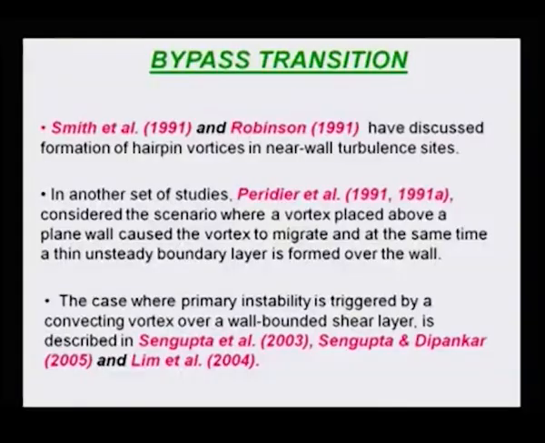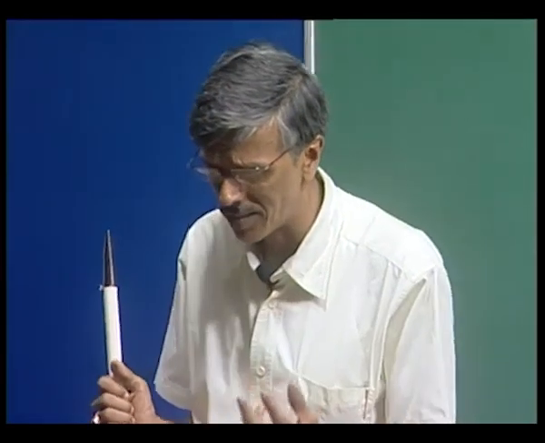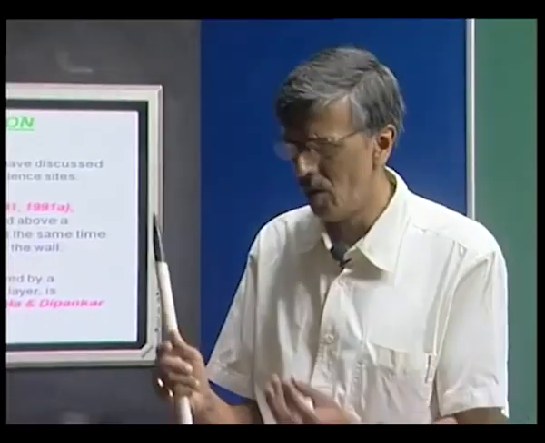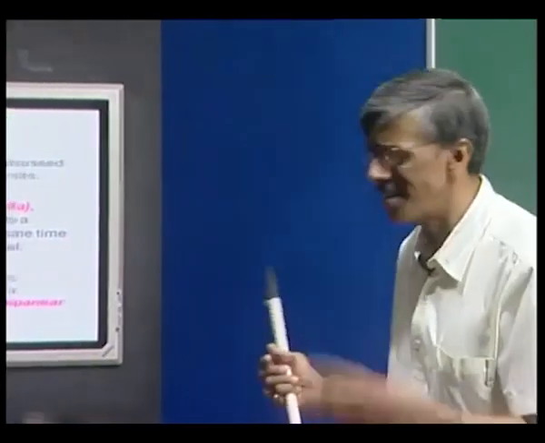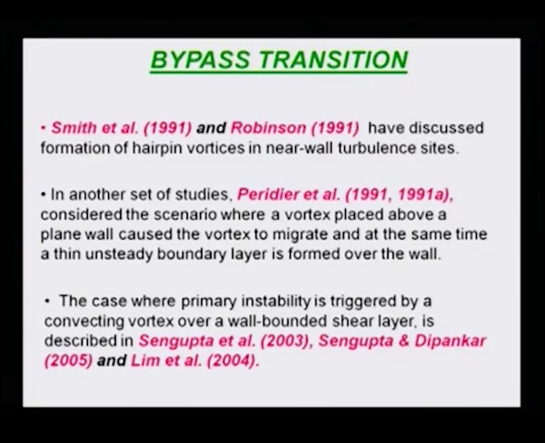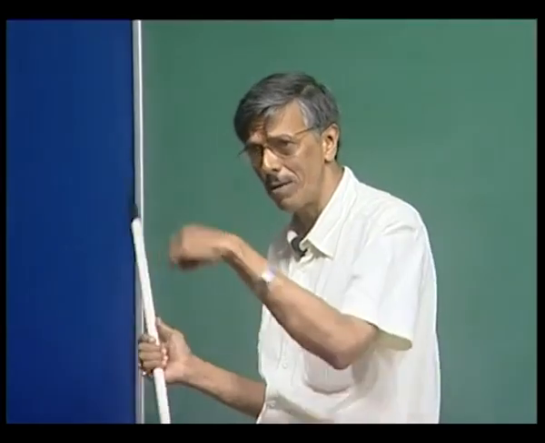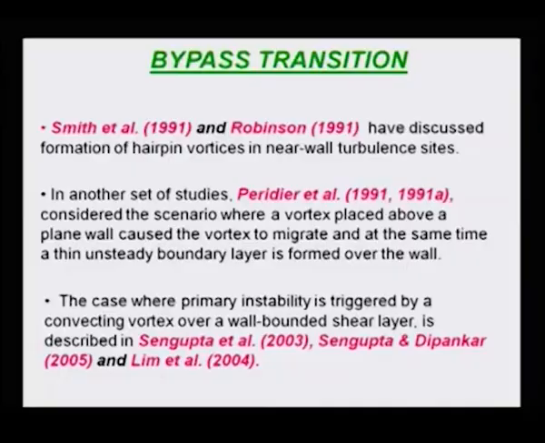So this is something that we would continue looking at, and it was also discussed how similar such mechanisms appear. The model that we are discussing is basically a prototype model. We are just trying to see what happens to the shear layer if a single vortex goes by. This is a unit process. That kind of unit process was earlier postulated by Smith and his colleagues, and by Robinson in his annual review paper. They tried to find out how hairpin vortices form inside the turbulent boundary layer. That's what we are talking about, near-wall turbulence phenomena. That also comes about there.